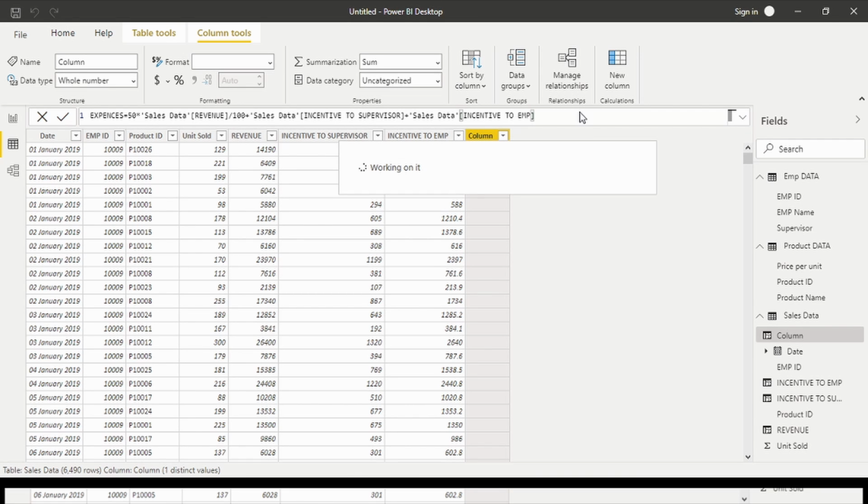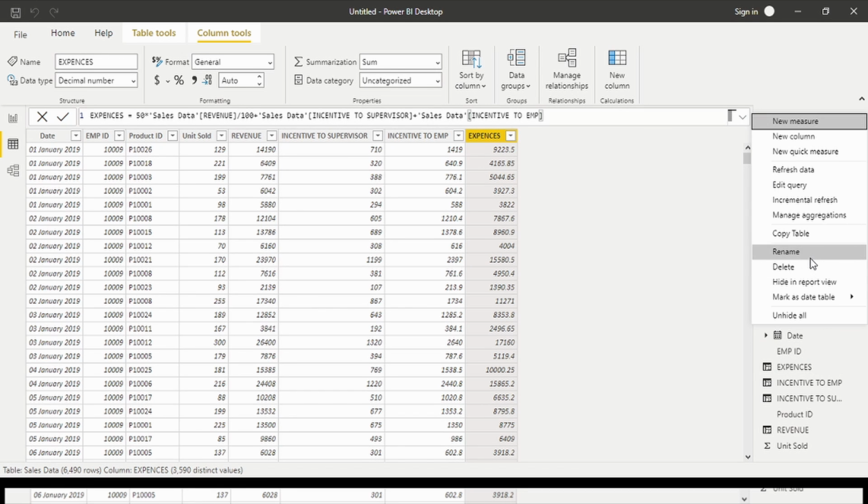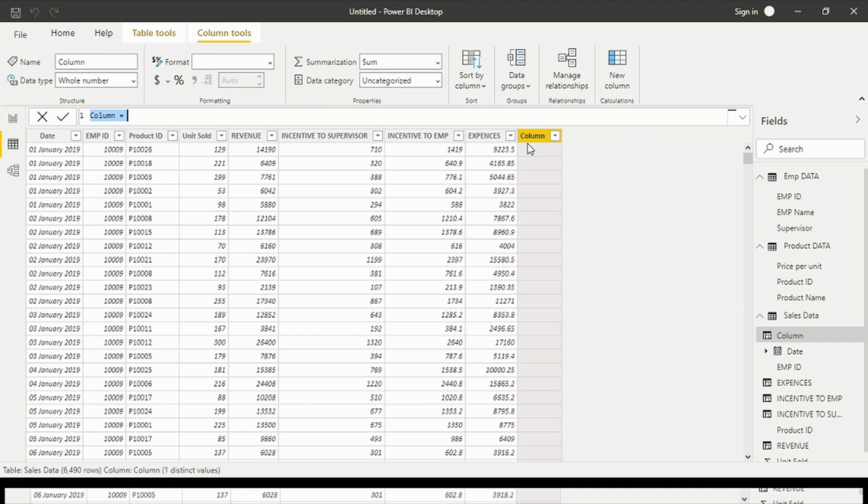Okay, now click enter. In the end, we calculate profit. Profit is nothing but revenue minus expenses. So this is the last column.